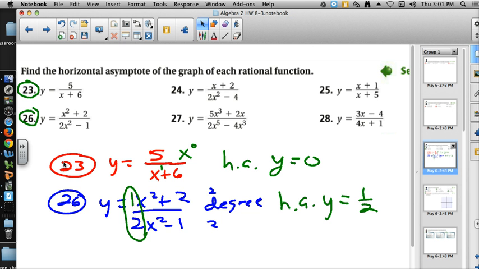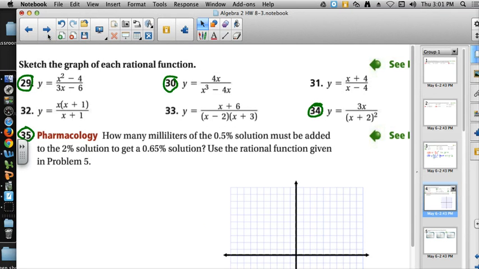And then the example that they didn't have up here is when the degree of the numerator is greater than the degree of the denominator. And the reason they didn't put that one up there is because you don't get a horizontal asymptote when that happens. 29, 30, and 34 give us three really unique examples of what happens when we are graphing our rational